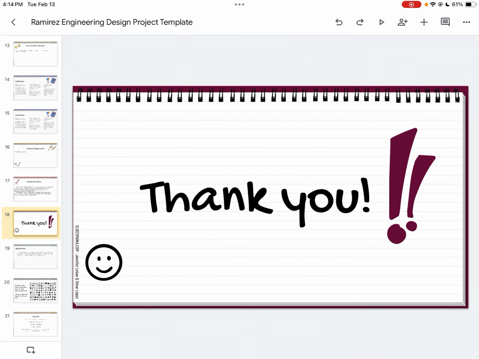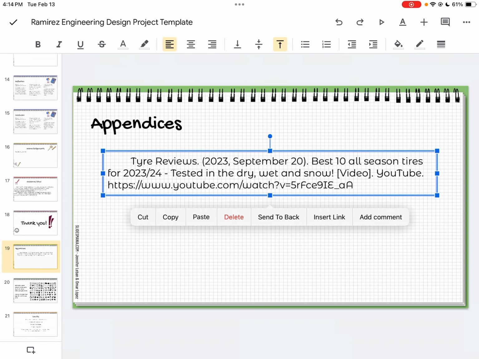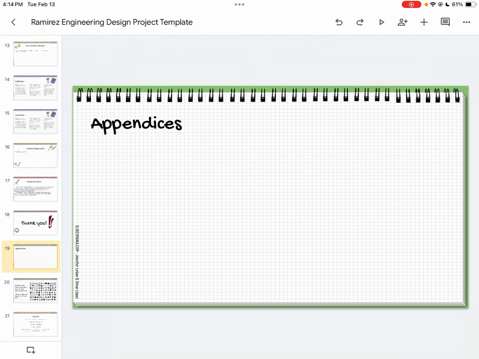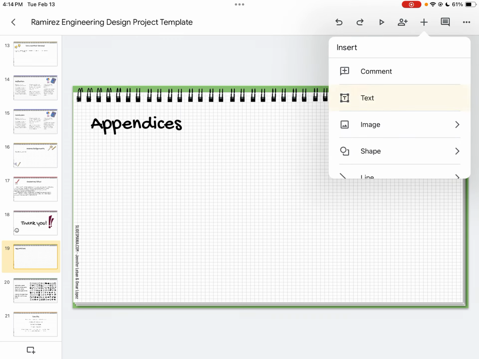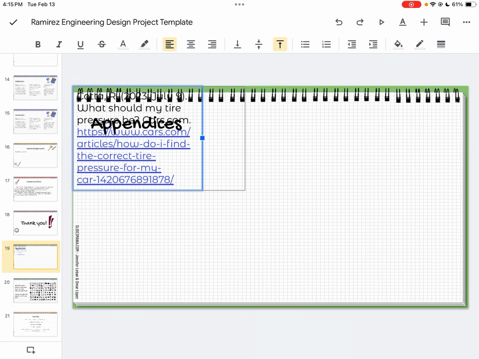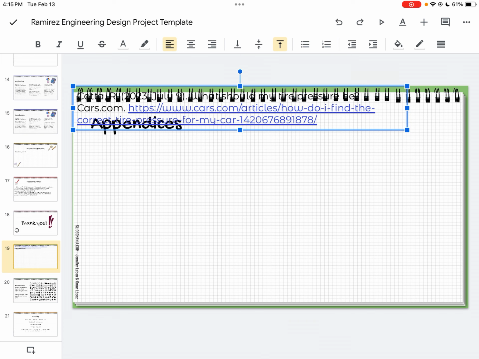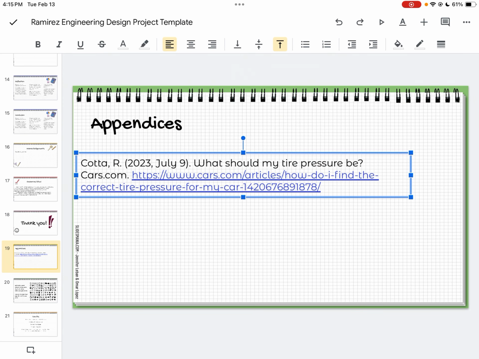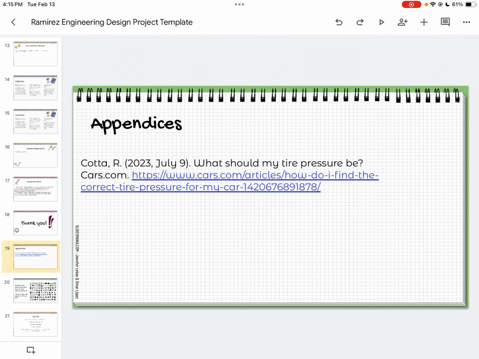So this is where we go to the appendix. And this was something, let me delete that. And say I want to add it now to my appendix. Let's add the text box back in. I should have just deleted what was in there. Let's add that text box back in and paste. And now here's what I don't want to use in my research. Let me move it down. In my background research summaries, but I want to show that I was looking up different things. So I did look up this Kota, and I didn't use it, but I'm going to put it in my